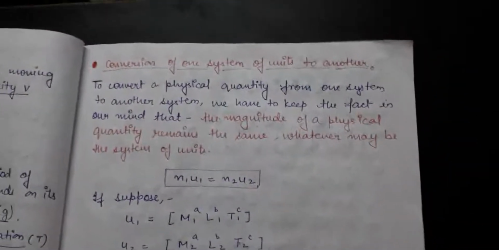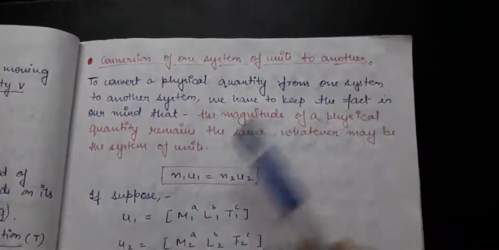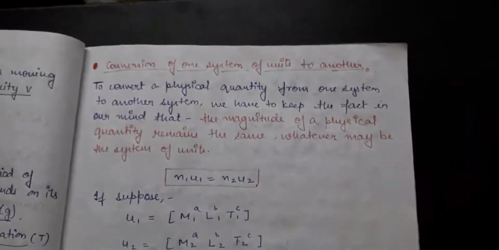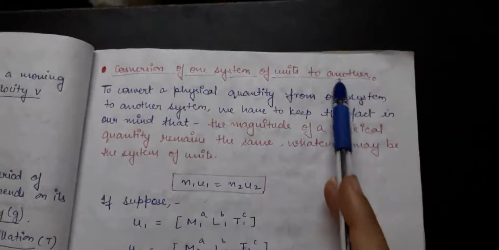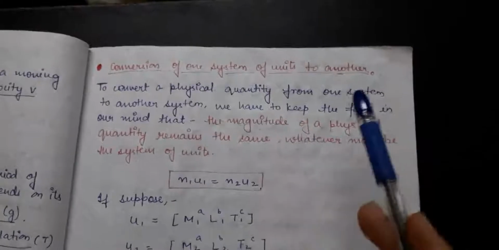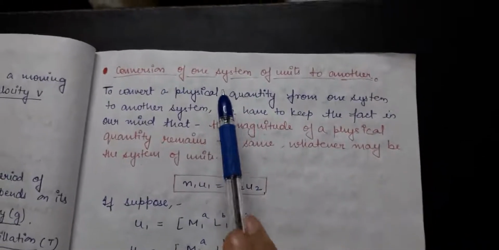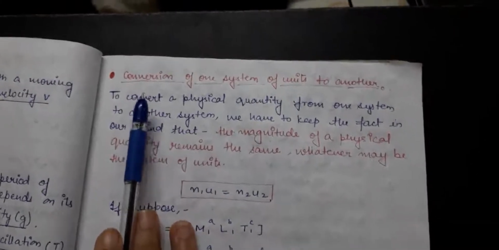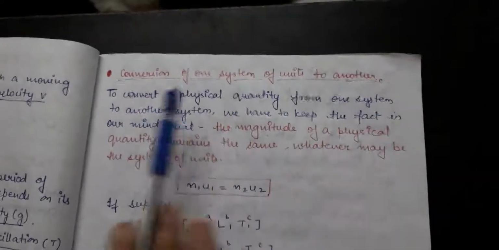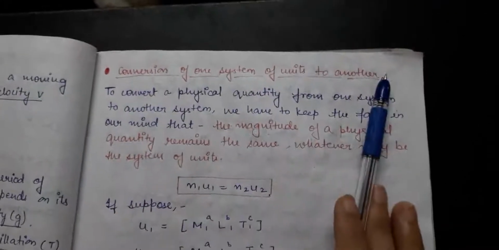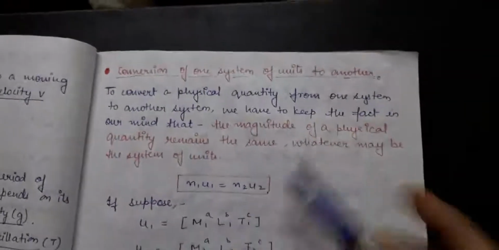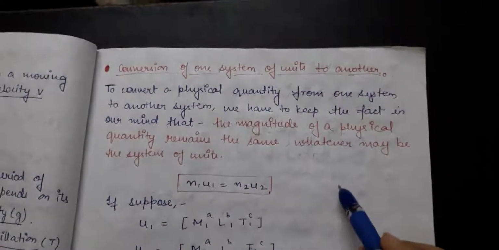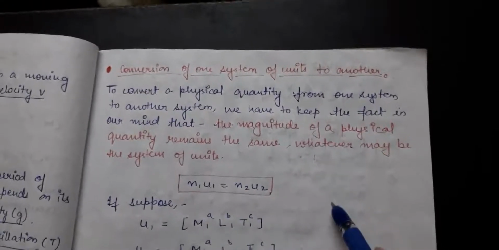Just now we have studied the system of units. We were following three systems of units before: CGS, MKS and FPS. Now the whole world is using the SI. But suppose you have been given any physical quantity in one system of units, and you are told to find the value of the same physical quantity in another system, then how do you find it? Suppose I tell you that 5 Newton force is in SI unit, and I ask you to convert 5 Newton force to the CGS system, then how will you convert?